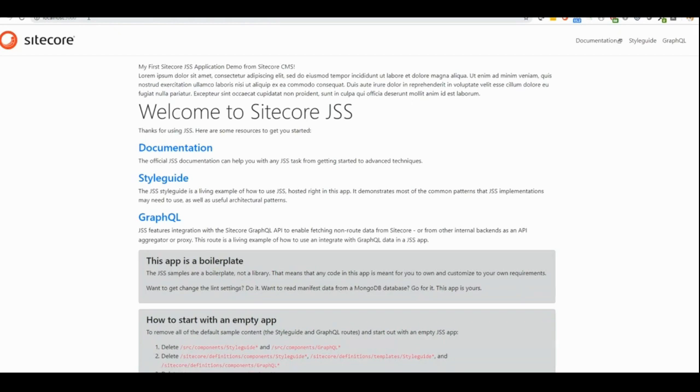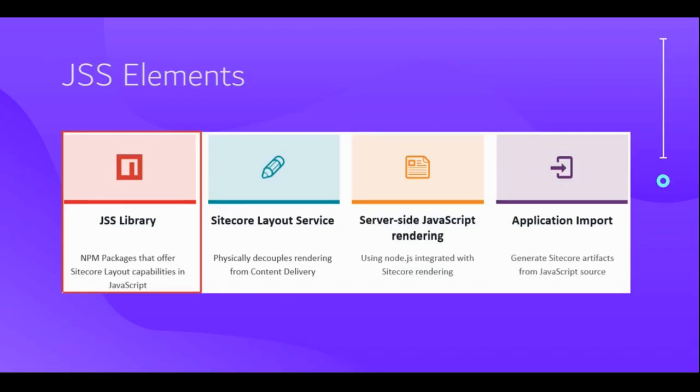And if you go and check the solution as well, the solution data YAML file, you'll see the JavaScript library. The NPM packages help us with layout service capability in JavaScript, server-side rendering from the content delivery, Node.js integration with the Sitecore rendering, and application import, which generates Sitecore artifacts from JavaScript source.